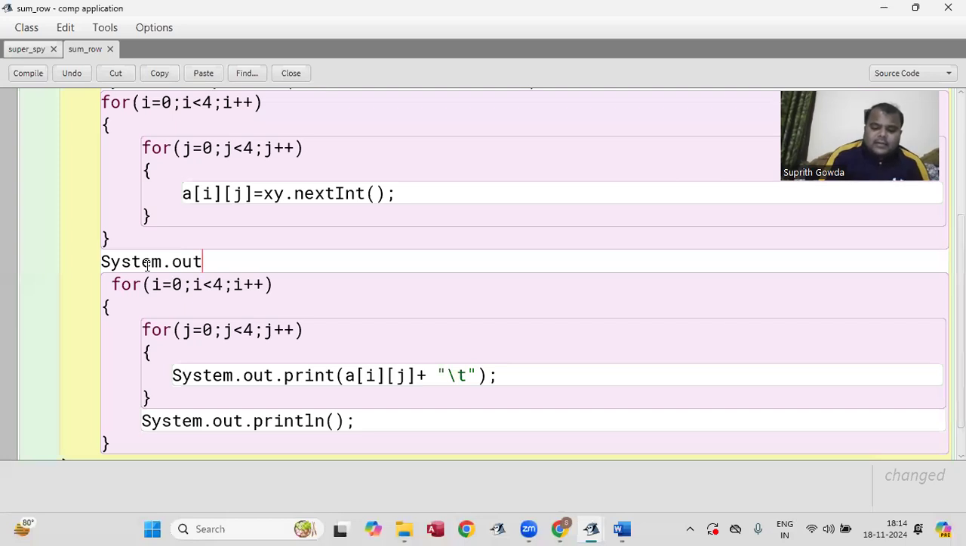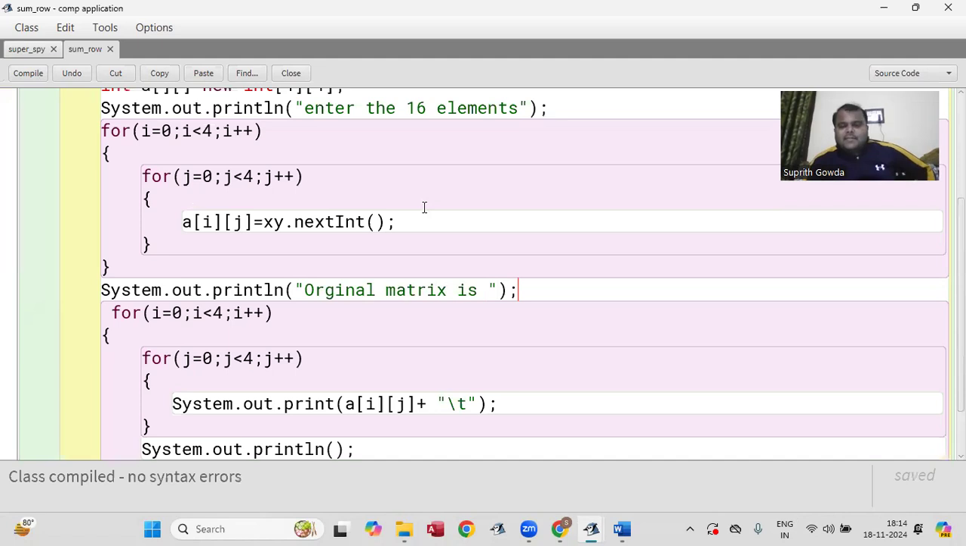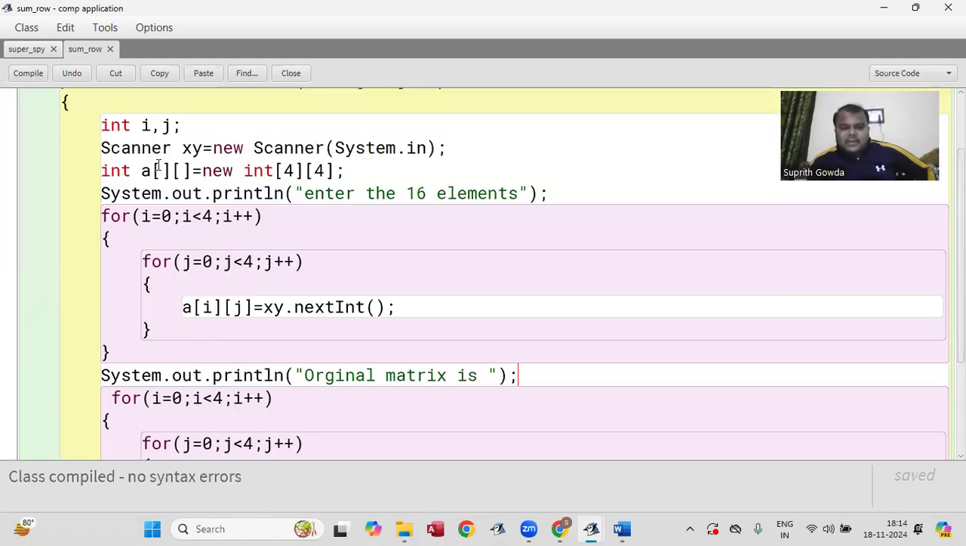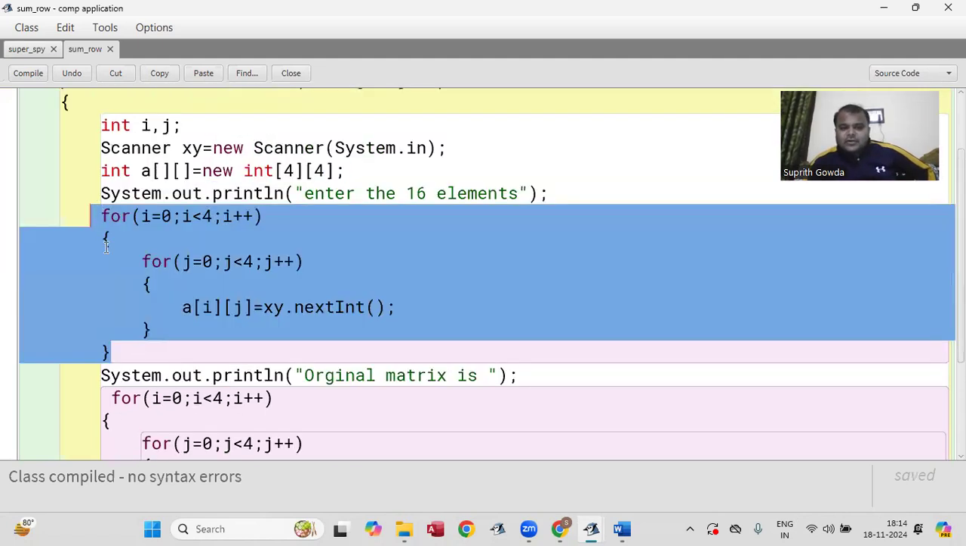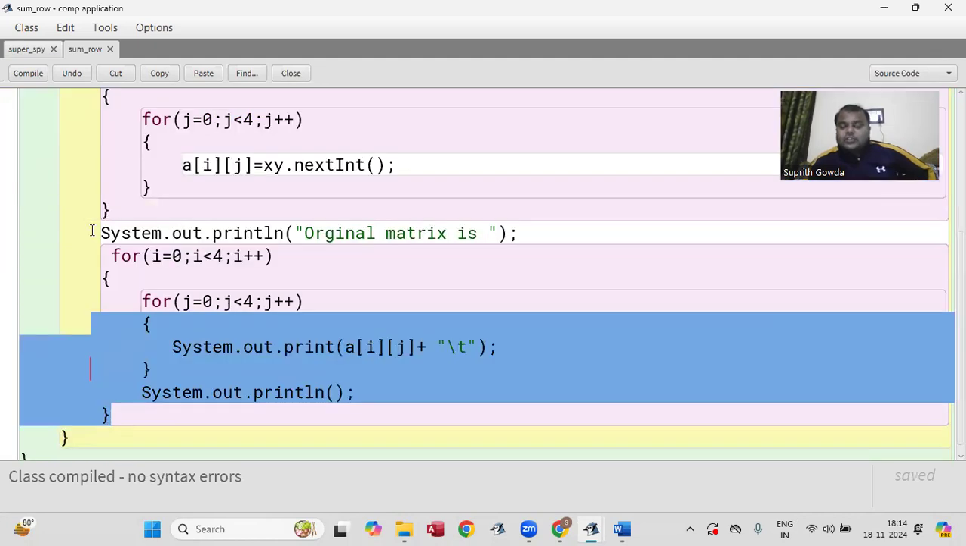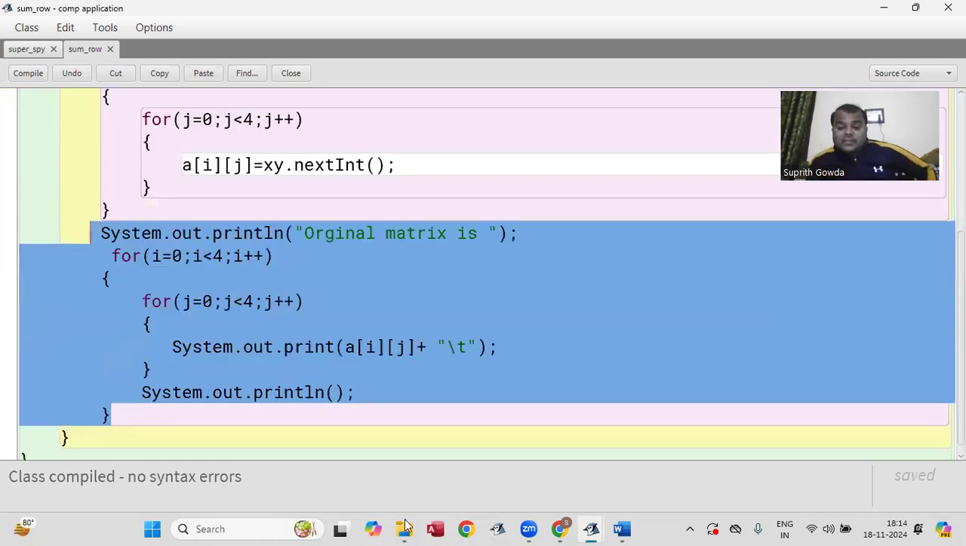System.out.println the original matrix is... okay. Now we have done, the array is created. Now your task, as he asked in the question paper,